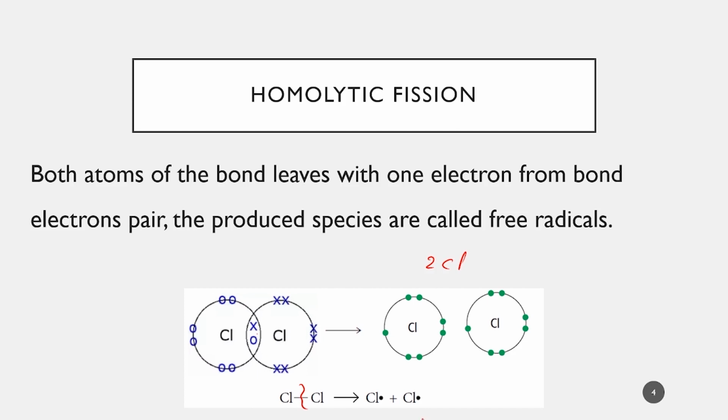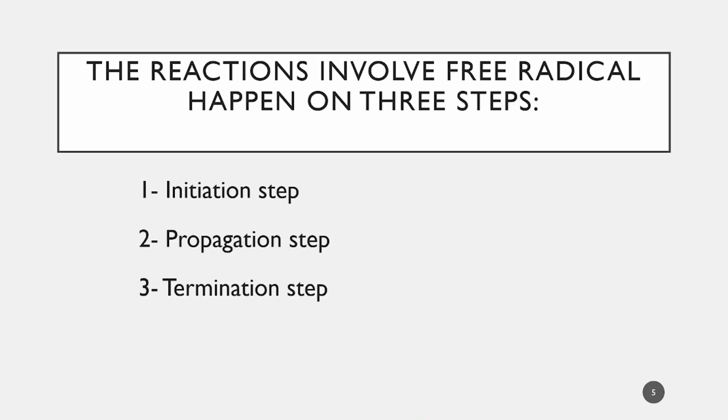Radicals are very active. The reactions of those radicals usually involve three major steps. The initiation step that produces the free radicals, like we've seen in the other slide. Then the propagation step, where those radicals would attack other molecules to form longer chains, and lastly the termination step, where the reaction would just stop by the radicals attacking each other, reforming